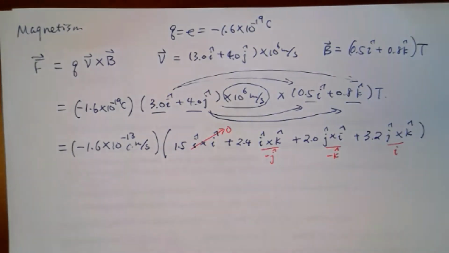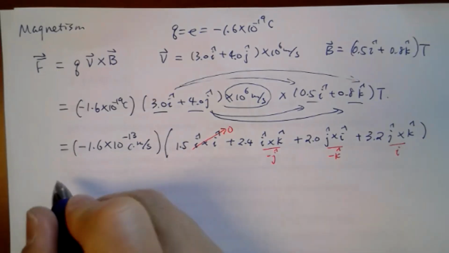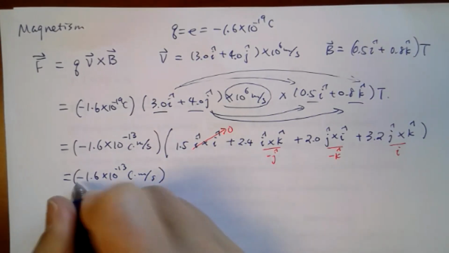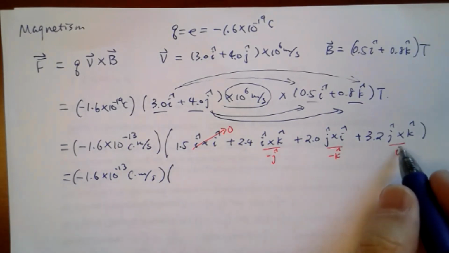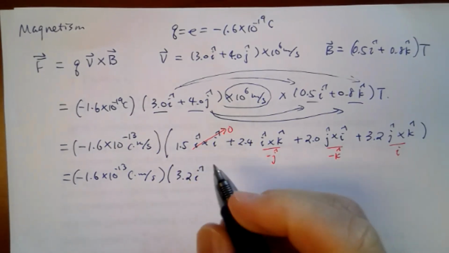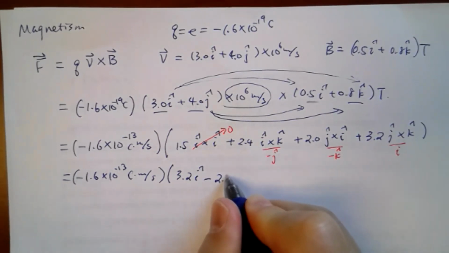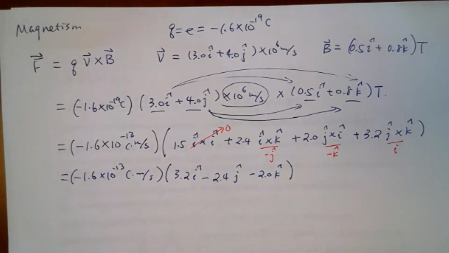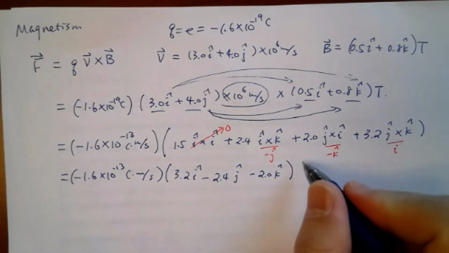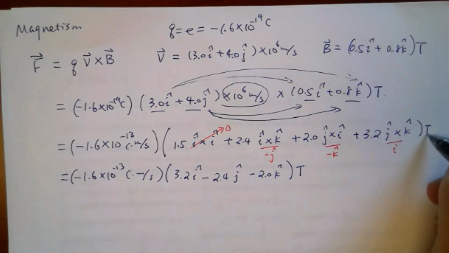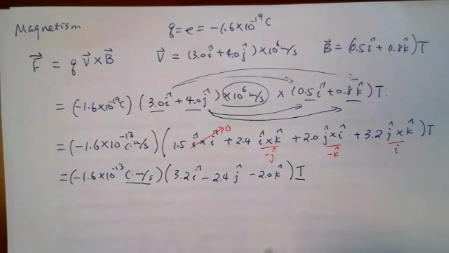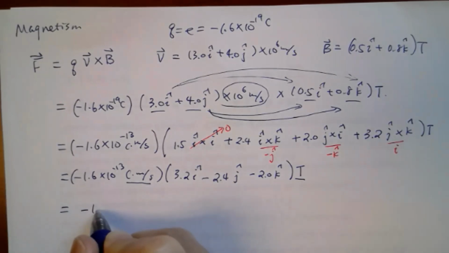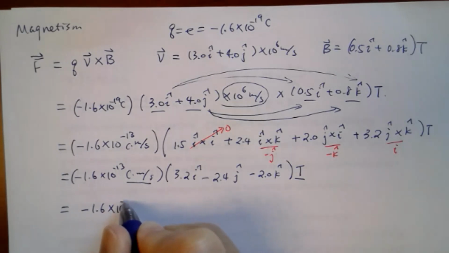So then at the end you'll get minus 1.6 times 10 to the minus 13 coulombs times meters over second, and for the vector, we'll put I in the first one, 3.2 I. And these two are minus, so minus 2.4 J minus 2.0 K direction. And then this is in Tesla. So Tesla here at the end for the unit. But these three units together make the units of newtons. So you can also write this as minus 1.6 times 10 to the minus 13 newtons